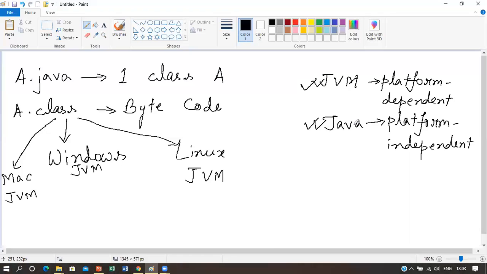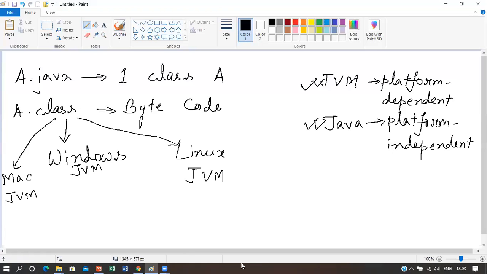But you can do this in case of Java programs. You can take the .class file to any platform and it will run. That's why Java is called a platform independent language, whereas JVM is platform dependent. So keep in mind that this is the main difference between C++ and Java: C++ is platform dependent, whereas Java is platform independent.